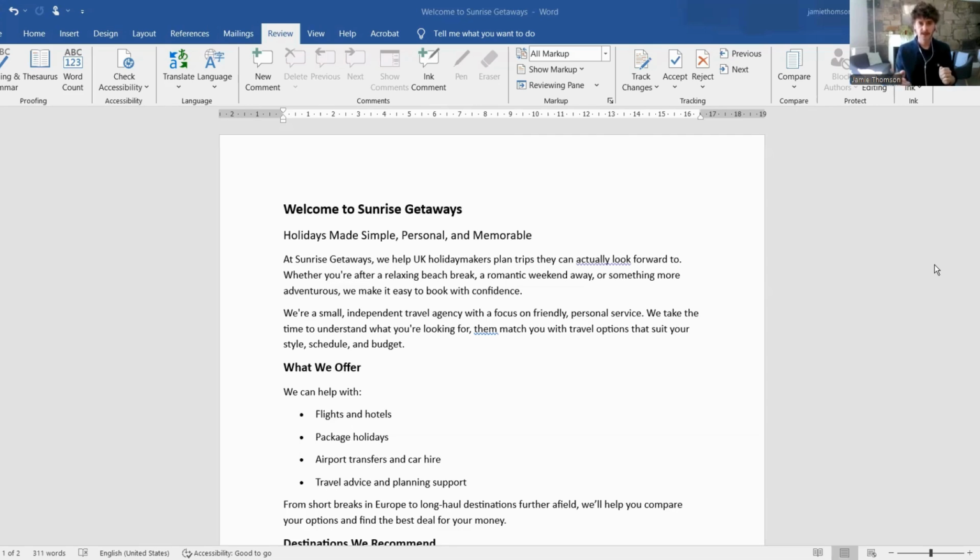At Sunrise Getaways, we help UK holidaymakers plan trips they can actually look forward to. Whether you're after a relaxing beach break, a romantic weekend away, or something more adventurous, we make it easy to book with confidence. We're a small, independent travel agency with a focus on friendly personal service. We take the time to understand what you're looking for, then match you with travel options that suit your style,